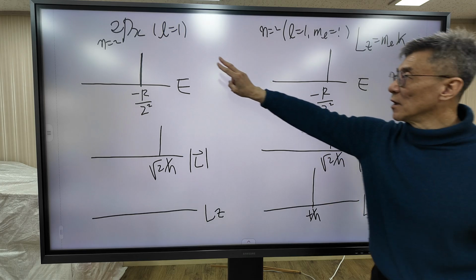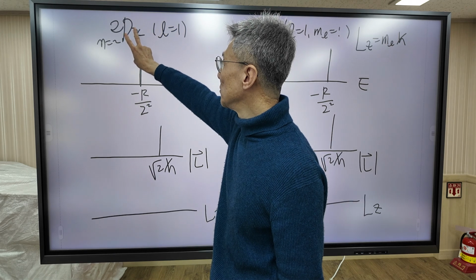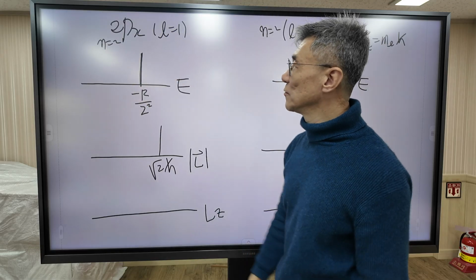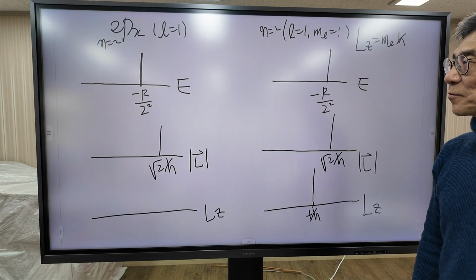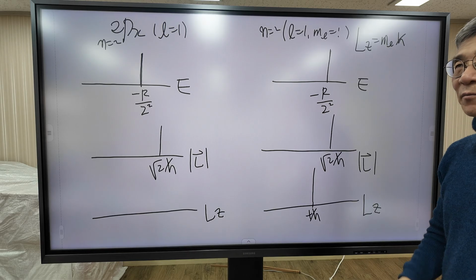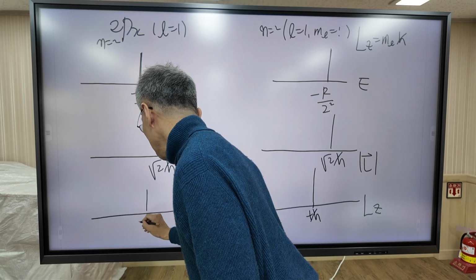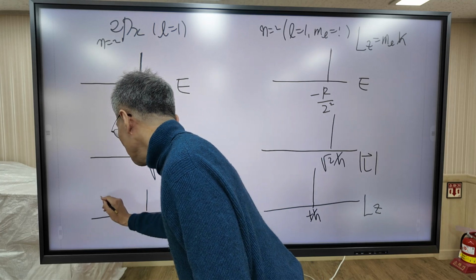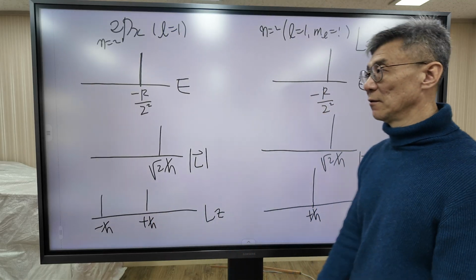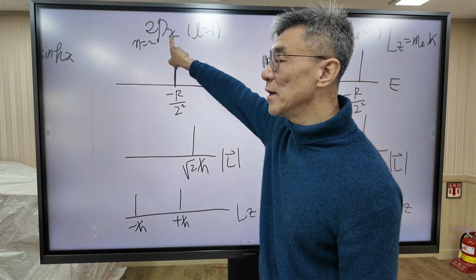The problem is this orbital. What happens when you measure the z component of angular momentum when the electron is in the 2px orbital? What would the result be? In this case, you get no consistent value. It depends on the measurement. Every time the result is different. Sometimes you obtain plus h bar, but sometimes you obtain minus h bar. 50-50%. Why? For this orbital, ml is not defined.